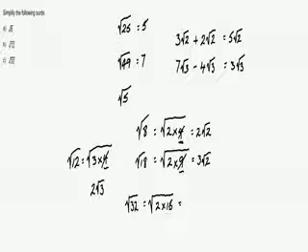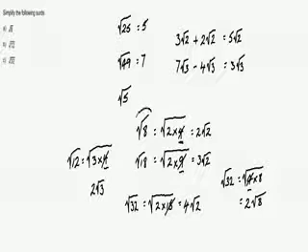I know the root of 16 is 4, leaving me the root 2 inside. Now I could have, let's say you took the root of 4 times 8, so we say root 4 times 8. Quite rightly you would say the root of 4 is 2, leaving me root 8. But as we've seen here, root 8